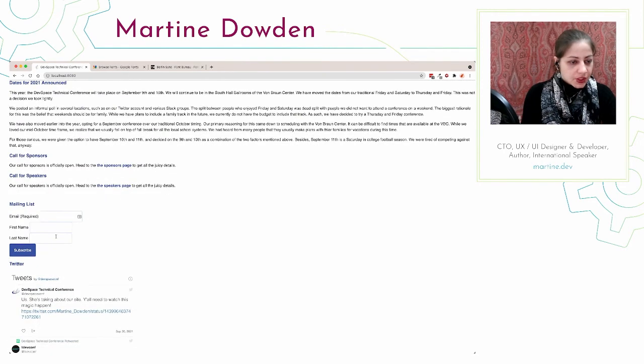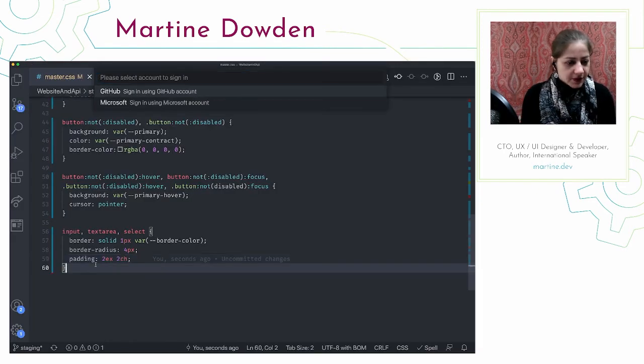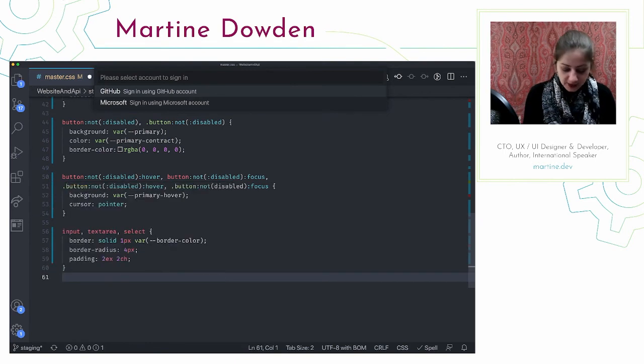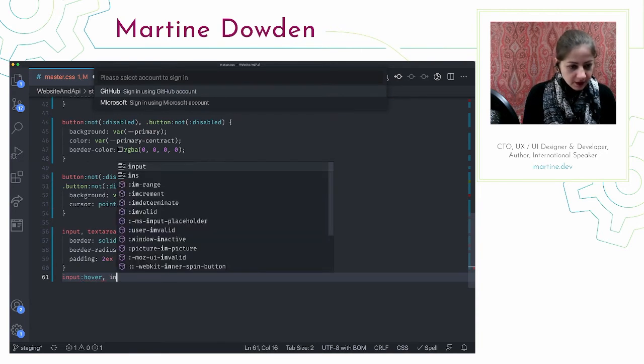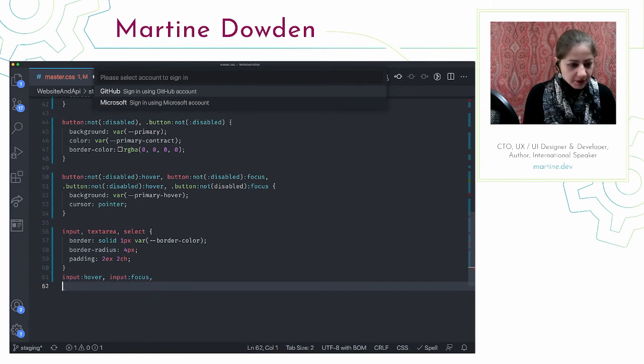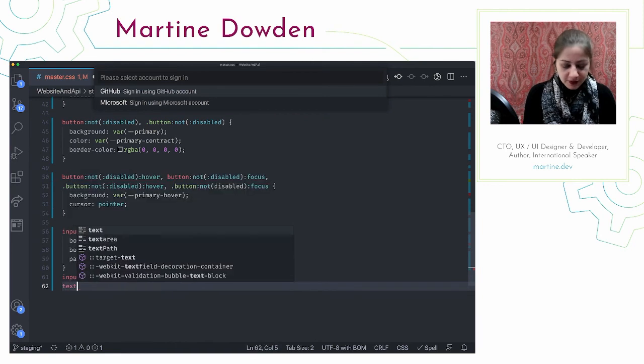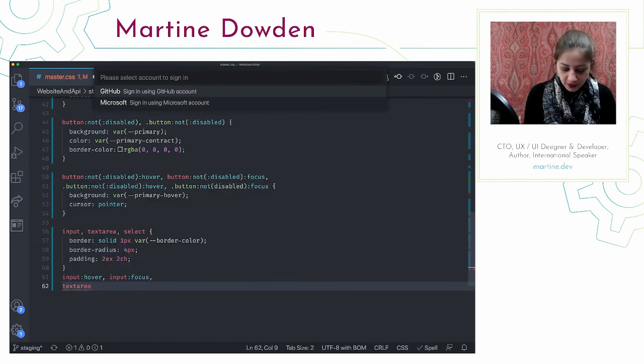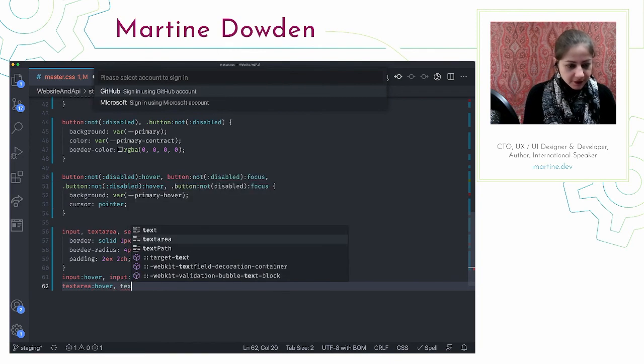So we're in pretty good shape here, but we need hovers again. Hovers and focuses, same idea. I feel like I say that a lot. Input hover, input focus. So when I go ahead and lay out my document, in order to keep track that I have everybody, because over here I've got 1, 2, 3, right? What I'm going to do is do input hover, input focus, and then text area. And that way I'm sure I haven't forgotten anybody, and I have hovers and focuses everywhere.